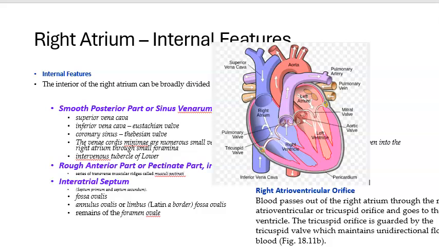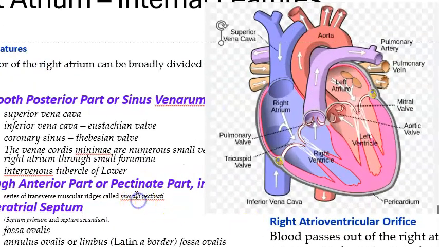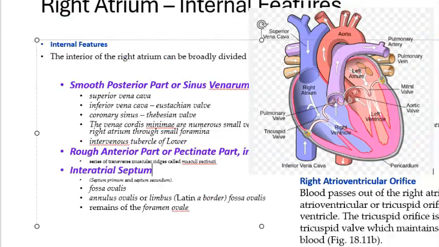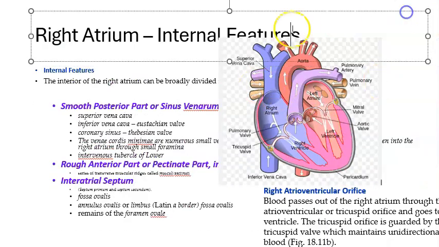The anterior wall, what happens? It is actually rough. You're not able to see the anterior wall in this diagram, because we have shown you a cut diagram here. So the anterior wall is actually rough and pectinate. It has muscular ridges called musculi pectinati. So you can understand it is rough. So there's a lot of nidus in the right atrium for thrombus formation. Okay, then